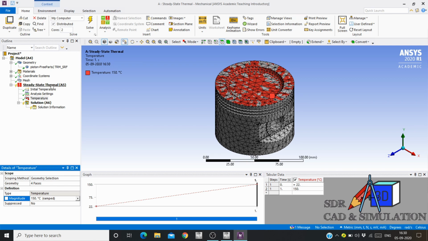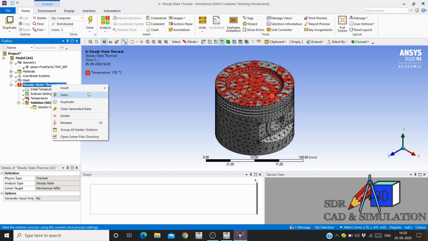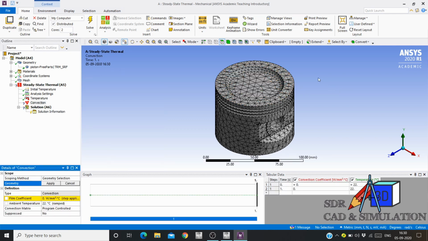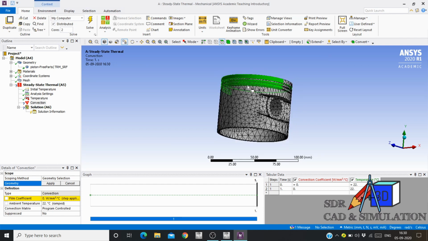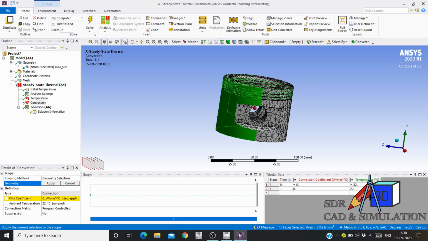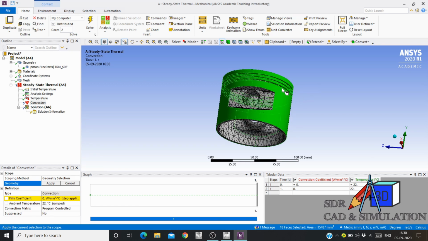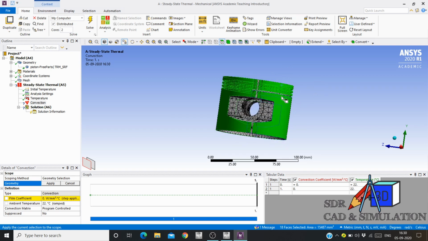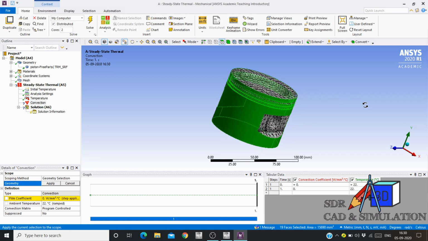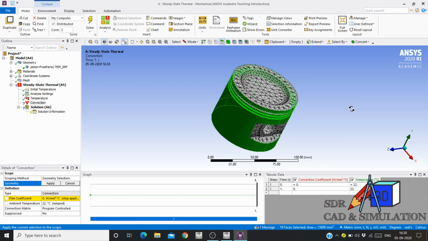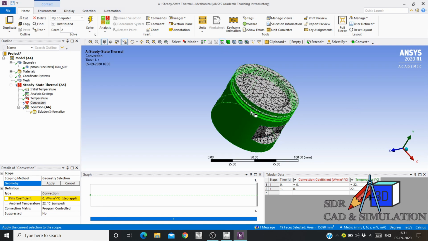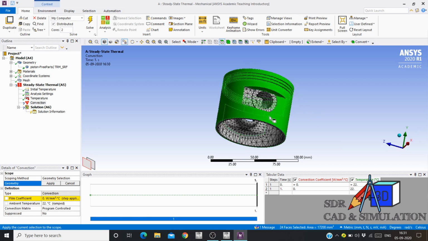In the piston there will be convection, so we need to apply the convection. The convection is on the side walls. Select all side surfaces, outer surfaces. Each and every surface should be selected for this. See, if you click and drag the mouse, it will be selected. All surfaces will be selected. If you need to select multiple surfaces, you just need to click the mouse and drag it on the surfaces which need to be selected. If you selected a wrong surface, you can just press control and deselect it again.